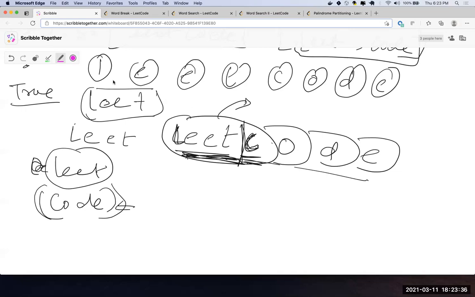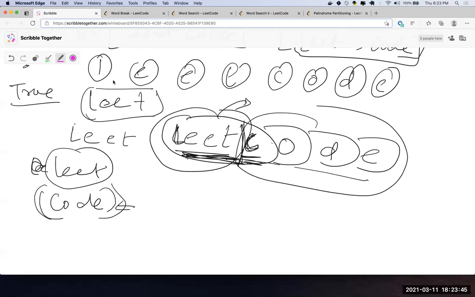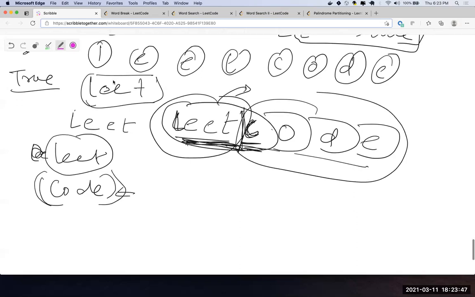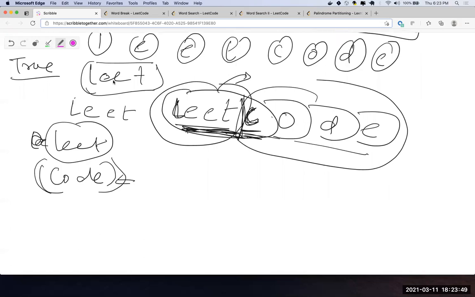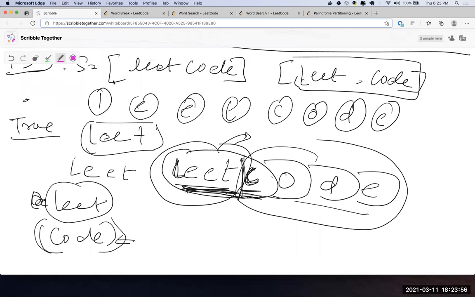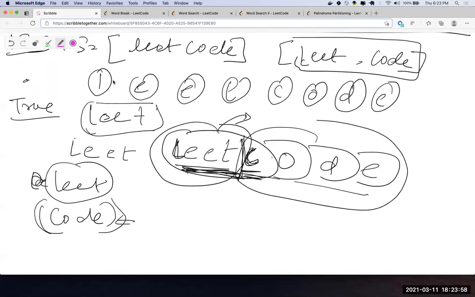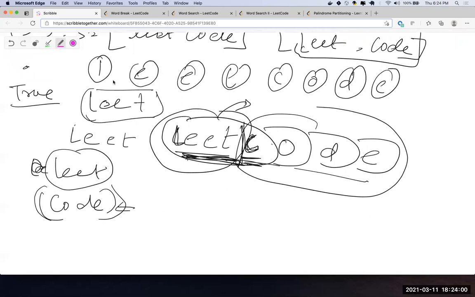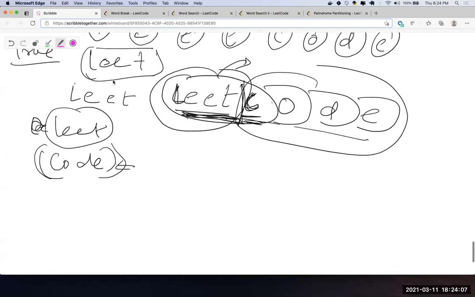So I understood the question to be to check if the given string S can be segmented, and to find if those words exist in the dictionary. Yes, all together. So as long as I find hits, this is the answer, like two, right? So okay, let's go with this.